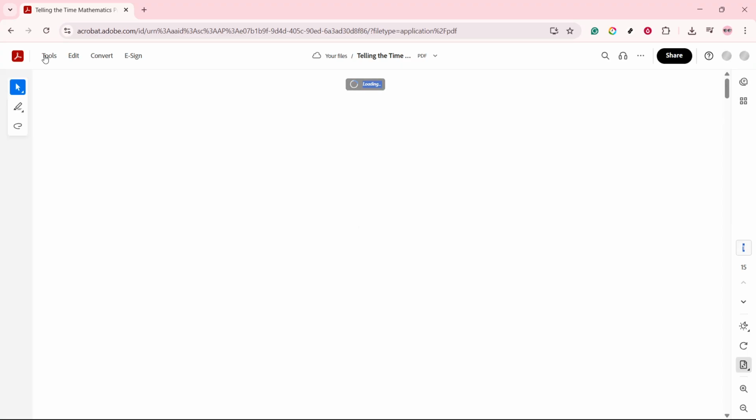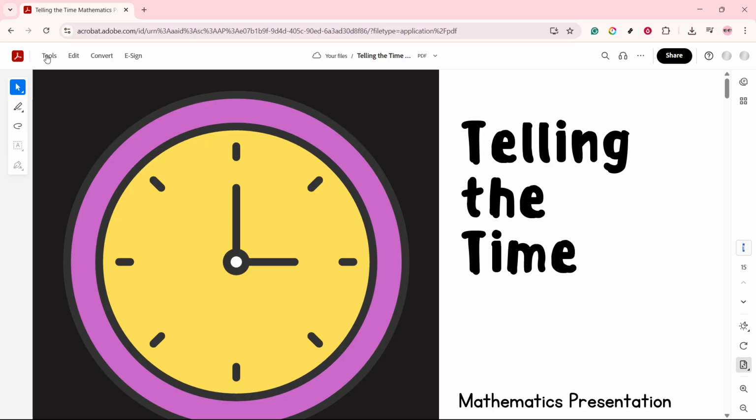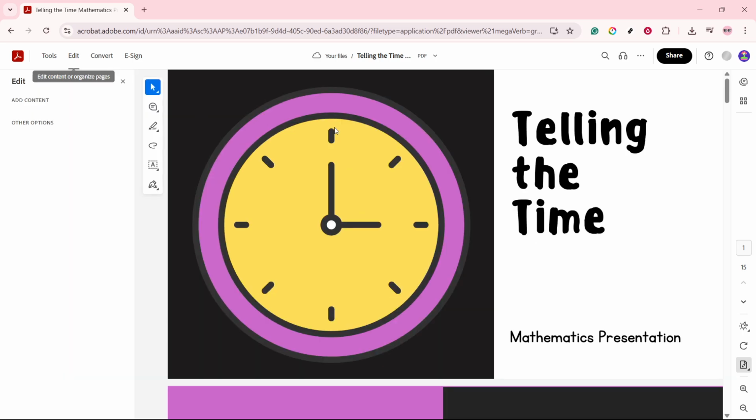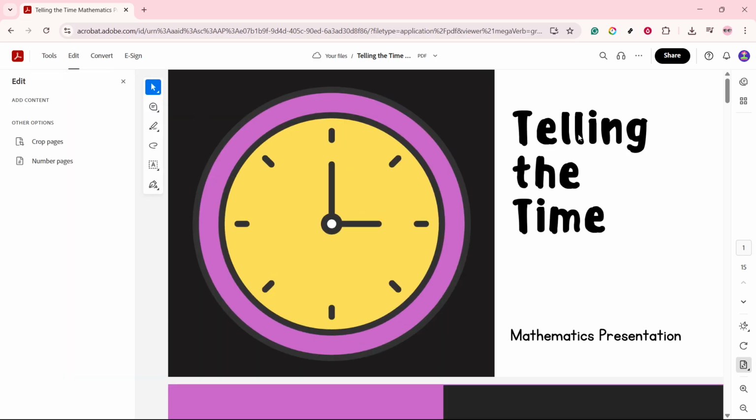Now, let's turn our attention to the toolbar. This is your main control panel and the hub of all your editing activities. In the toolbar section, click on the Edit feature. This command is the gateway to transforming your PDFs, allowing you to make the necessary changes that will fit your needs. Once you've selected Edit, the next step is to decide what part of the document you wish to modify